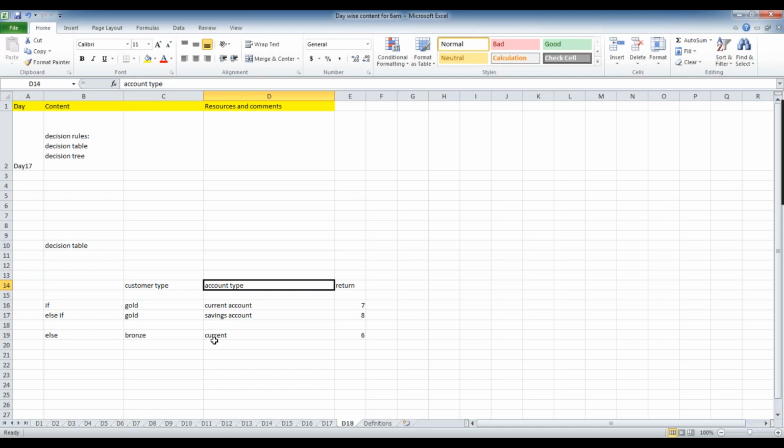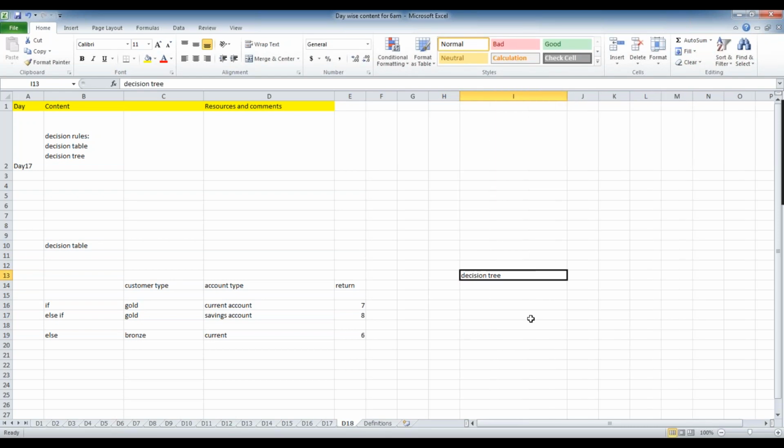Even if you go more than 5, the system won't stop you, but it will become very difficult to maintain. Even for 2, 3, it will become difficult, but up to 5 we can maintain. After that, it will become very difficult. So if you want to do the same thing in the decision tree, it is very flexible to build a complex structure. The decision tree will be useful to build an if-else structure, a complex if-else structure.